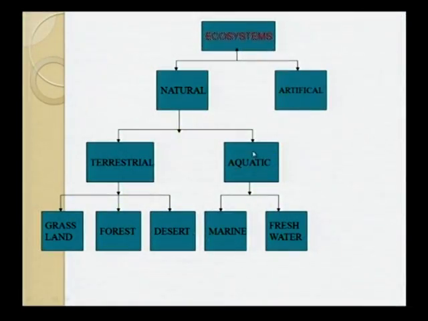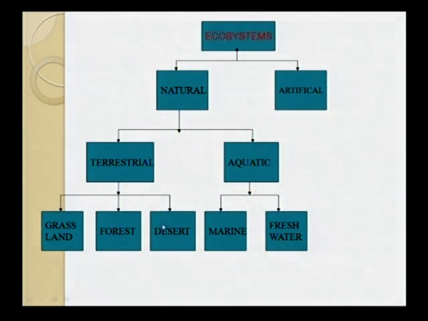Okay, what's our topic first? Adaptations in different ecosystems. Now we learn about adaptations, but what about different ecosystems? Now let us learn about different ecosystems. I think you learned this in class 8th, right? Okay, let us learn now. So friends, look at this slide. The ecosystem is classified into natural ecosystem and artificial ecosystem. And friends, natural ecosystem is again classified into terrestrial and aquatic ecosystems. And again the terrestrial ecosystem is classified into grassland ecosystem, forest ecosystem and desert ecosystem.